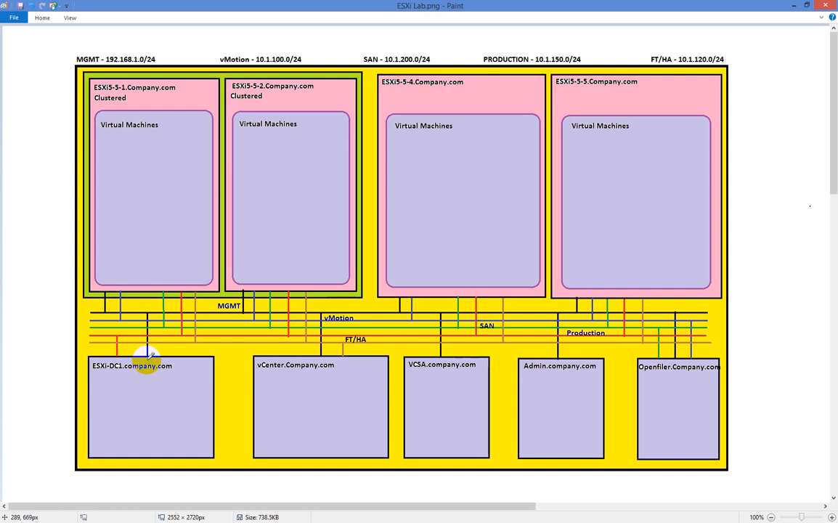And what this is going to allow you to identify is that management traffic is going to be going to all the boxes, but vMotion traffic is only going to be going between the hosts and the storage area network, or Openfiler. And SAN traffic is only going to go between the hosts and Openfiler. Production traffic is going to go between the DC1 and the